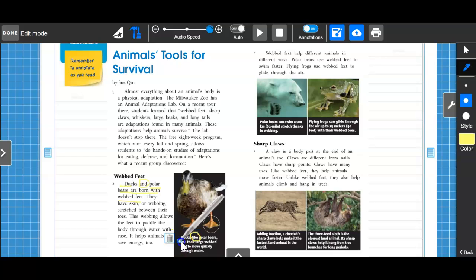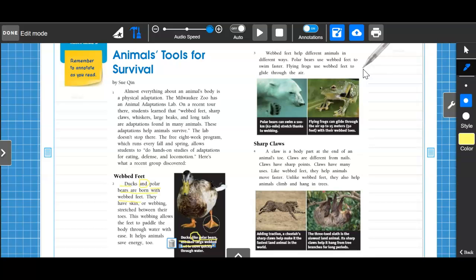So it says ducks, comma, which means you take a pause. Ducks, like polar bears, use large webbed feet. So again, it says that ducks are just like polar bears because they use their large webbed feet. Okay? But if you keep reading and go to paragraph number 3, it says, webbed feet help different animals